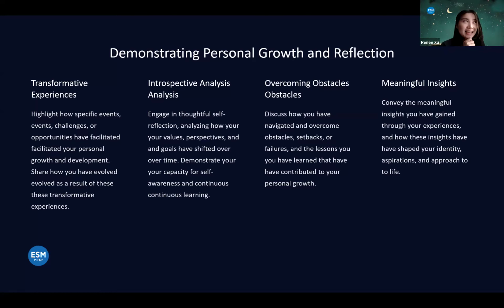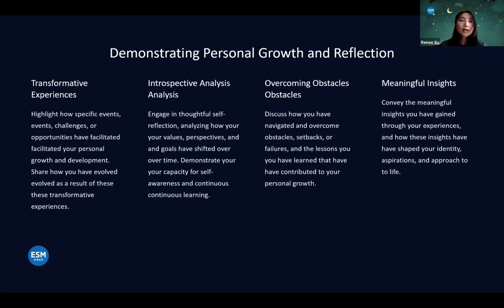I totally agree. And I think the word that popped out for me was growth. And that perfectly transitions to what I'm going to talk about and focus on right now: make sure that you are demonstrating that personal growth and reflection in your essay. Think about the transformative experiences and the obstacles you've overcome that you can self-reflect upon in a way that shows your values, which was mentioned by Eric, your goals, and again, most importantly, your capacity for growth.